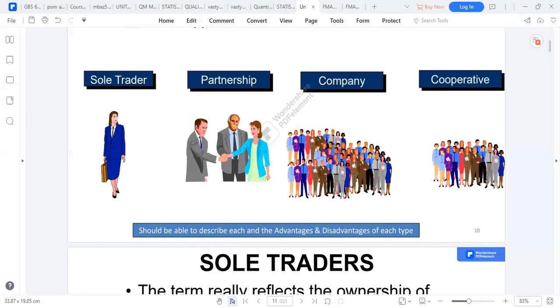Then we have the third one, which is an incorporated business. For this particular one, there's a subscription of shares, and this is indicated at PACRA, the Patents and Companies Registration Agency. So the beauty with this one is there are drawn lines in terms of ownership of the business and management. It's a more organized establishment in that it has a structured management in place. I think that's what I can say in brief.